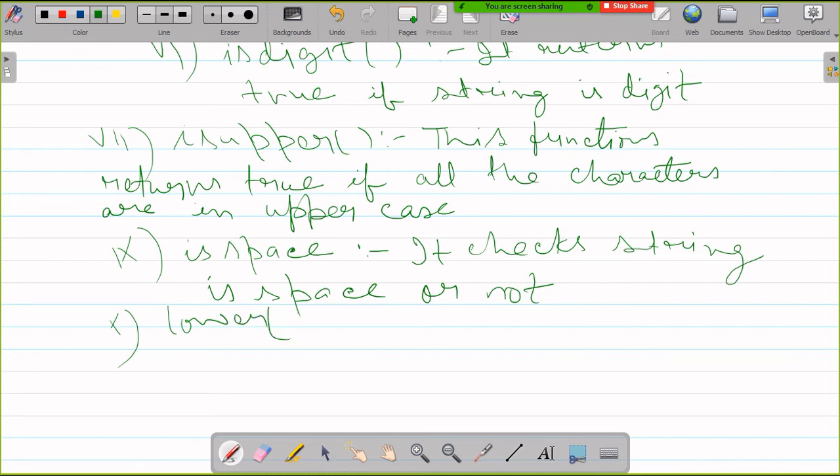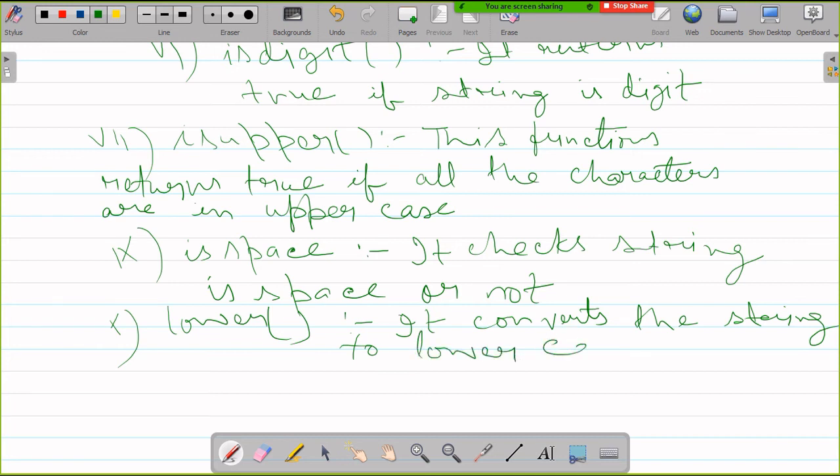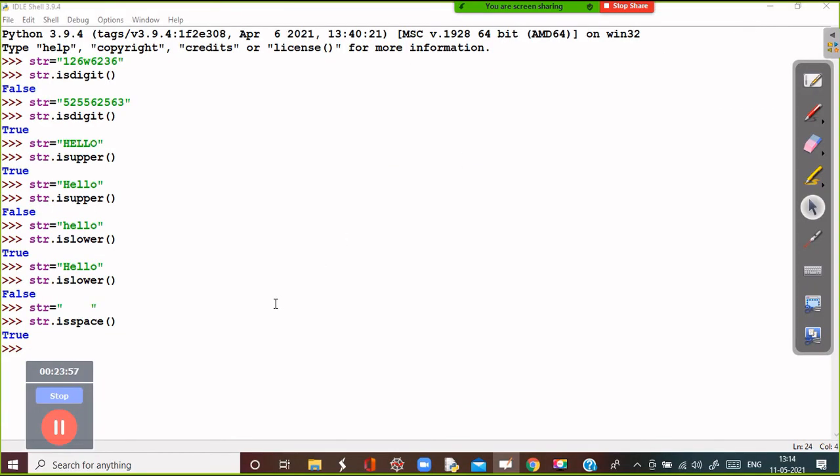This function converts the string to lowercase, and upper is the opposite of lower, so you can check it.